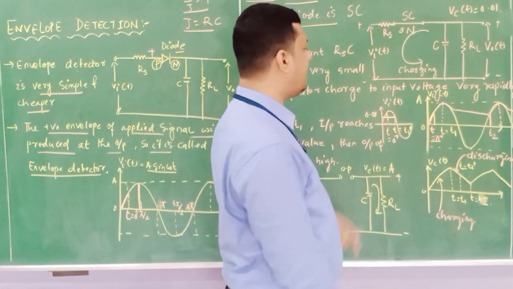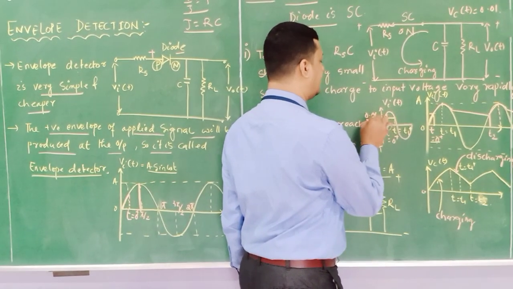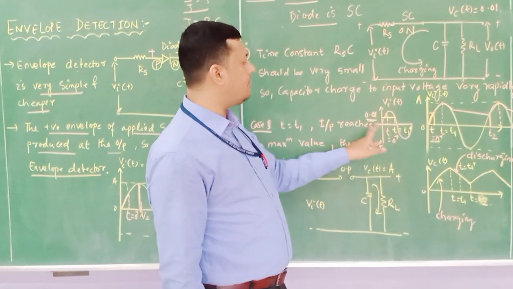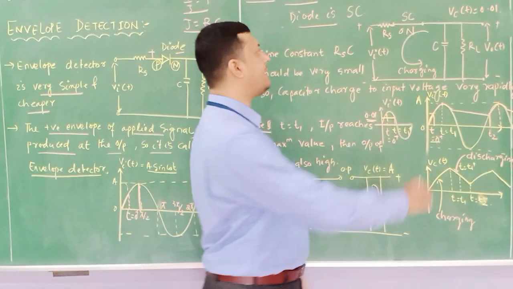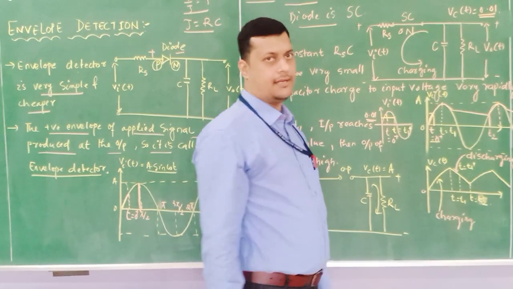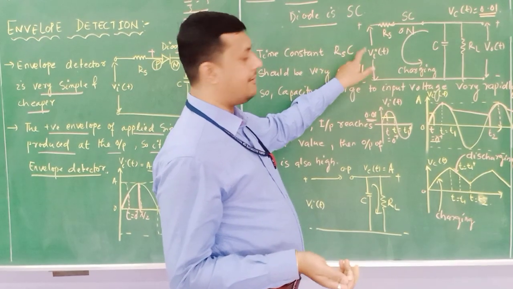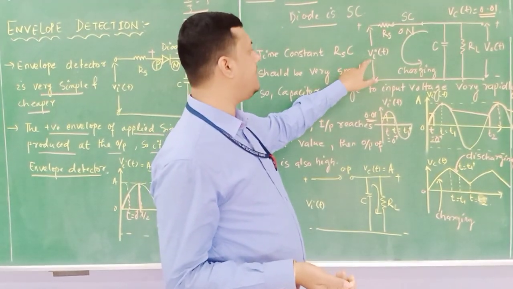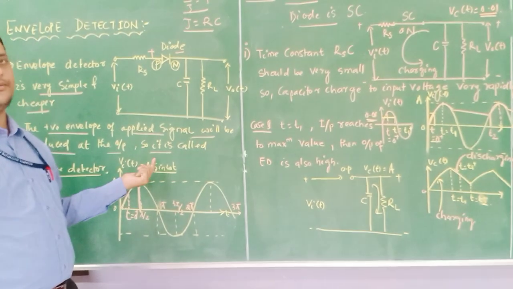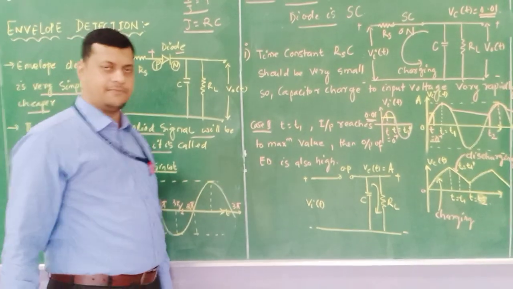But for the time being, we are discussing that at T is equal to 0 plus, we are providing the potential 0.01. So when for this T is equal to 0 plus, the potential is 0.01, that means the output at this particular terminal will be 0.01. And it will increase up to how much? It will increase up to potential A, because as we have considered Vi is equal to A sin omega t, so it will charge up to A, and again when it is coming down with a negative phase, it will discharge at that particular time.